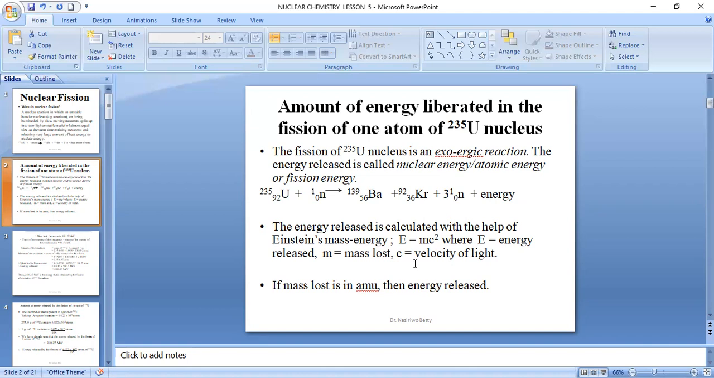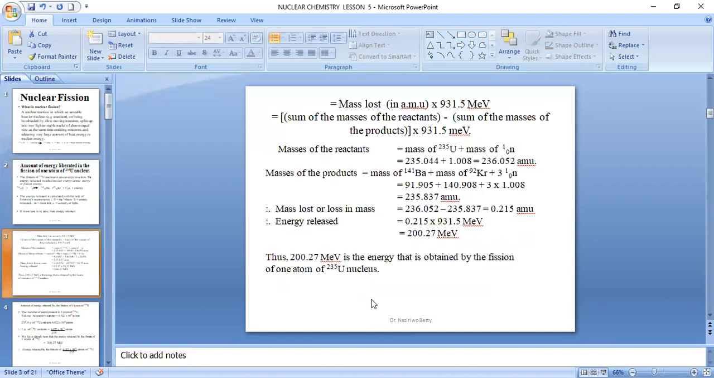So if the mass lost is given in mu, then the energy released is equal to the mass lost times 931.5 MeV. And you remember the mass lost can be obtained as the sum of the masses of the reactants minus the sum of the masses of the products, times 931.5 MeV. So the mass of the reactants is equal to the mass of